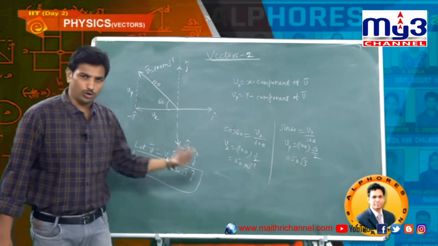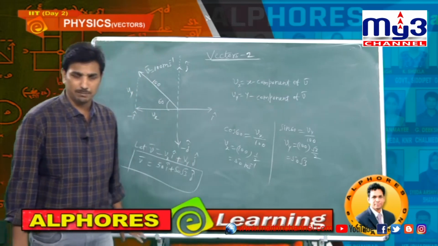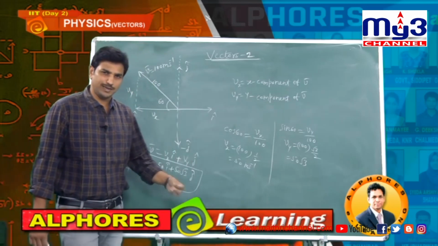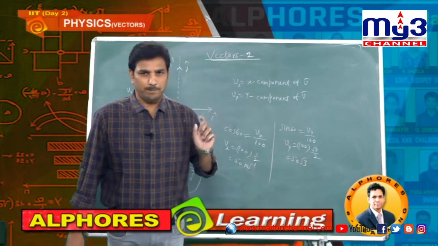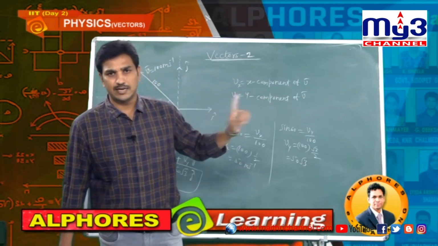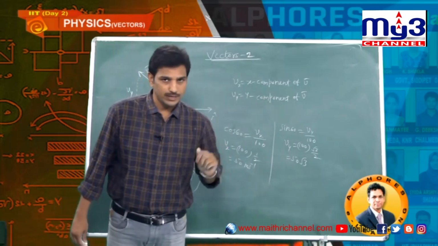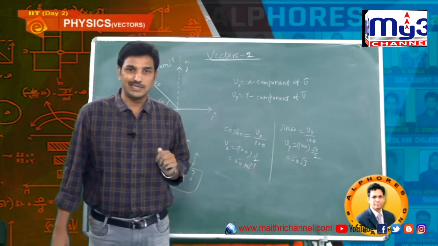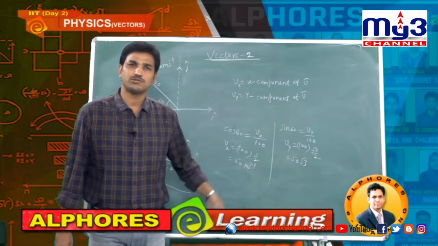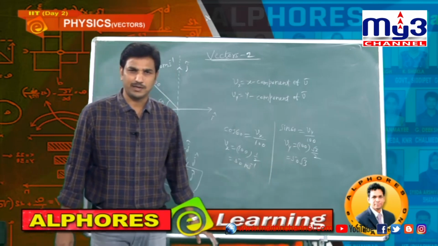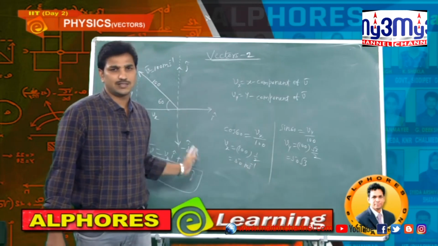In 2D I will take 2 components, in 3D I will take 3 components, in 1D I will take only 1 component. Simple. Starting from morning we are discussing only one single point. What is that? A particle moving in 1D has 1 component, a particle moving in 2D has 2 components, a particle moving in 3D has 3 components. If you don't know the components, give them some names: Ax i cap, Ay j cap, Az k cap. Give some names and finally you will get the answers.